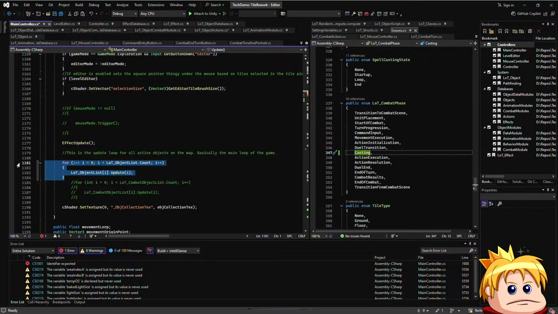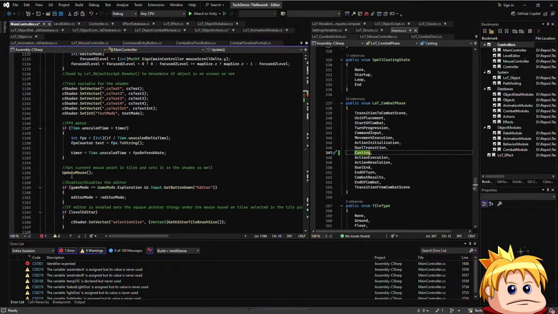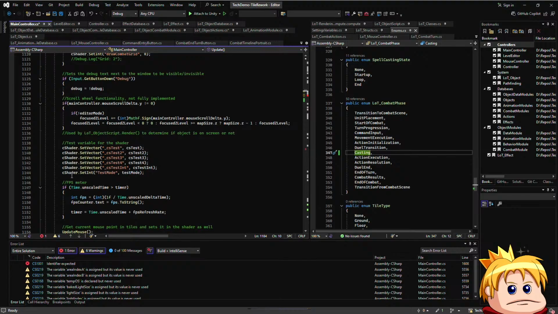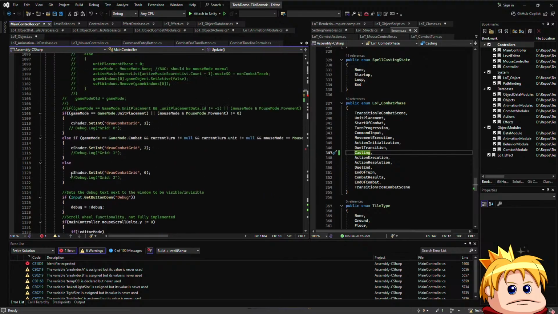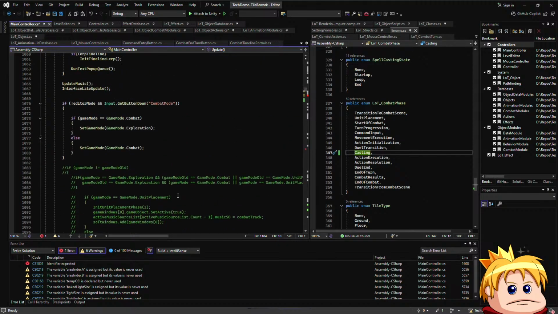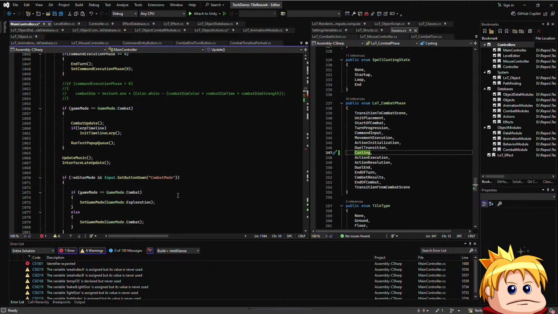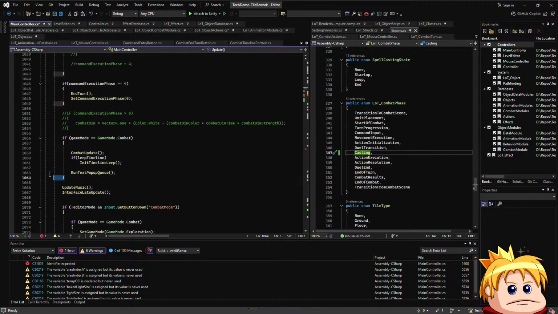Because what would this need to do? Update would need to handle input, I would say. So if you control a character, that should be done in update. And I don't know. I don't know if